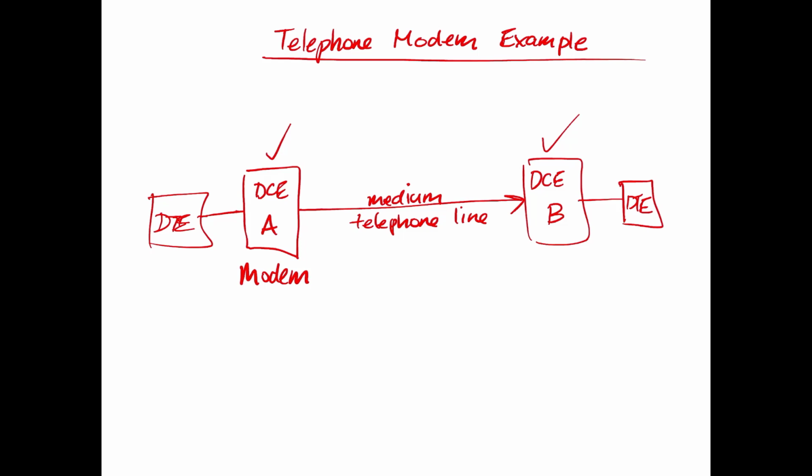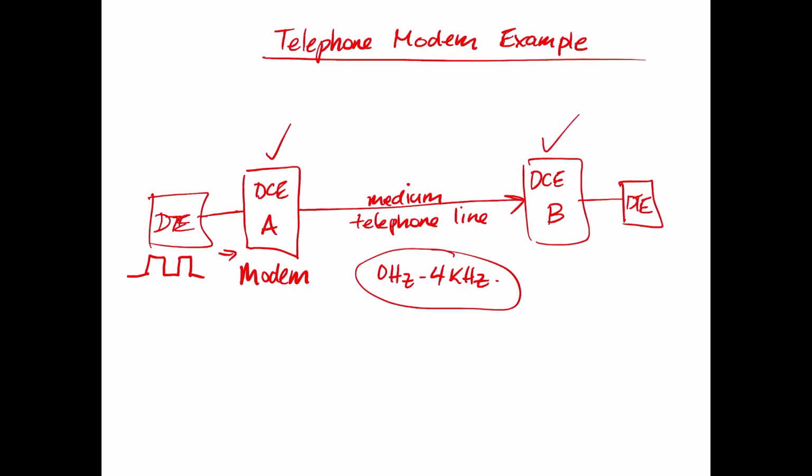In this case, we're talking about the telephone modem, and the job of the DCE, or the modem, is to take the digital signal, which is always the same for a terminal, and change it to a signal appropriate for the transmission medium. In this case, it's a telephone line. The standard telephone line has a frequency response from 0 hertz to 4 kilohertz, so 4,000 hertz. That would mean that any of the information of ones and zeros communicated between these two DCEs would have to use those frequencies to send the information, and sure enough, that's